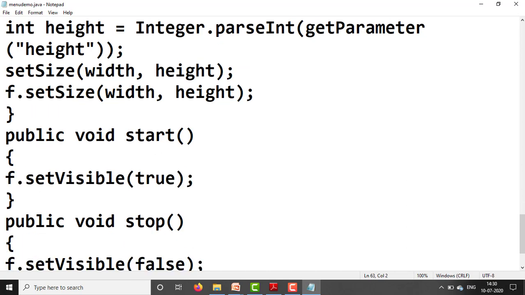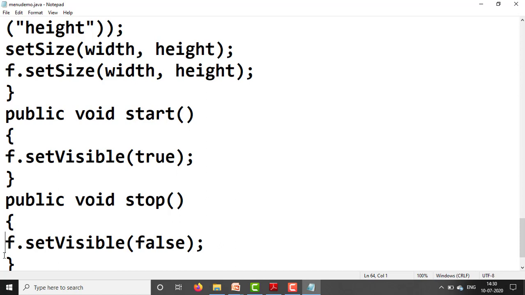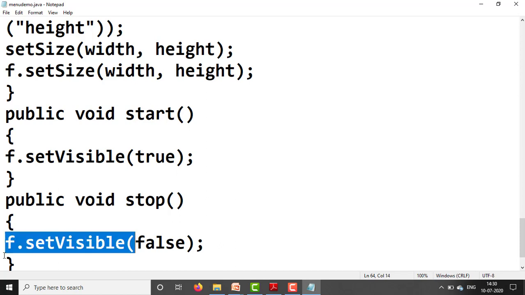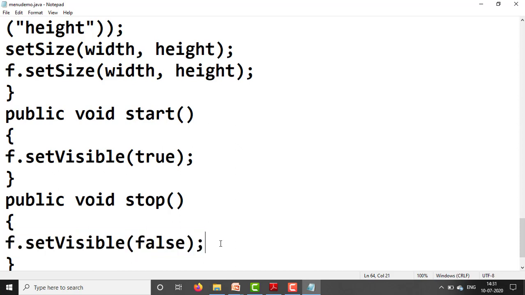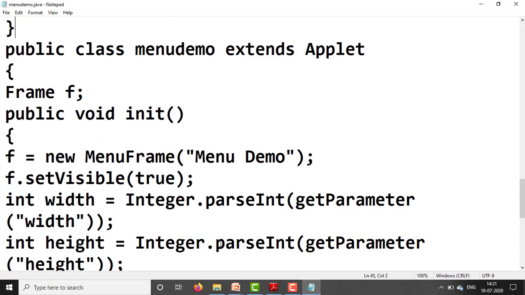Next, the lifecycle method of applet, public void stop. In this we are calling f.setVisible(false). When the applet stops, the frame window will be closed. Close the stop, close the class. Like this way you can perform the programming for the menus.